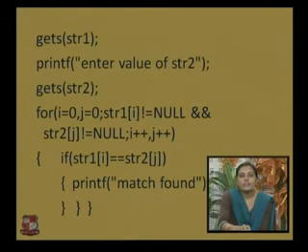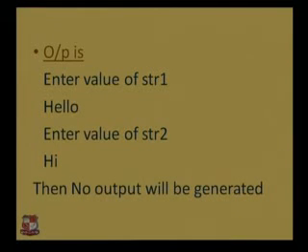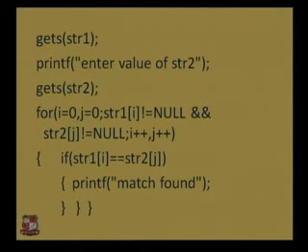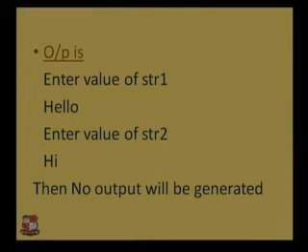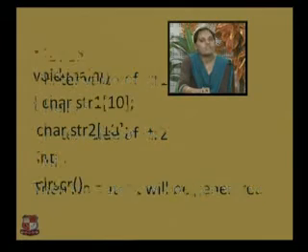So, both the characters of the strings are compared. If a match is found for both characters, then it will print, otherwise it will not print any value. Whenever it finds the first unmatched character, there is no output. Here, only if a match is found will the output be generated, otherwise no output will be generated, because the strings are not the same. Here, after the first H is the same, the loop will continue, but whenever it finds the E and I, which are different characters, the characters are not matched, so there is no output for this program.